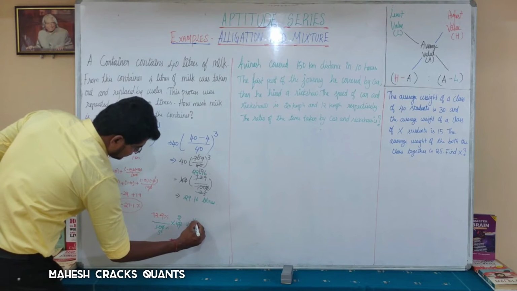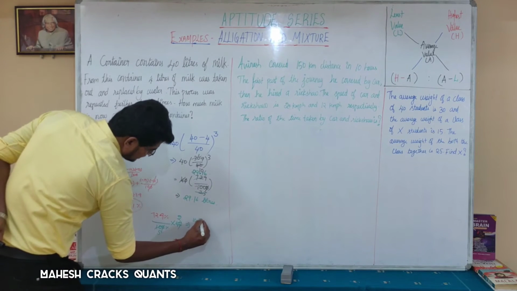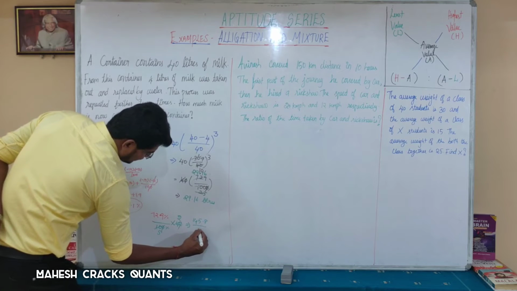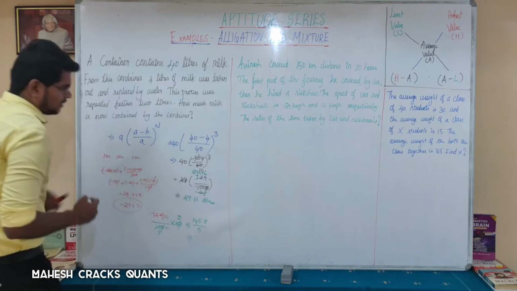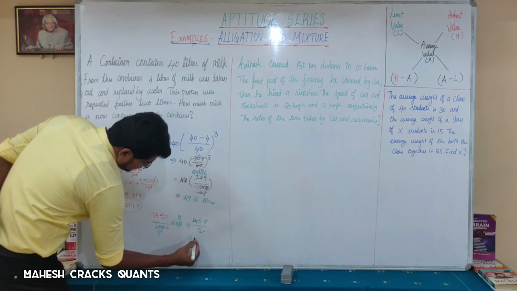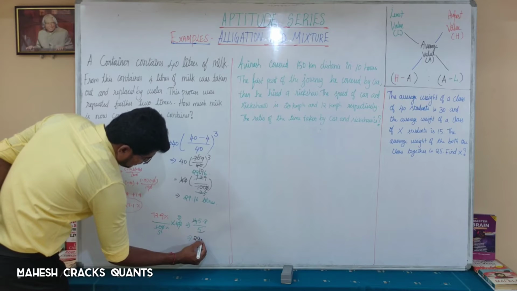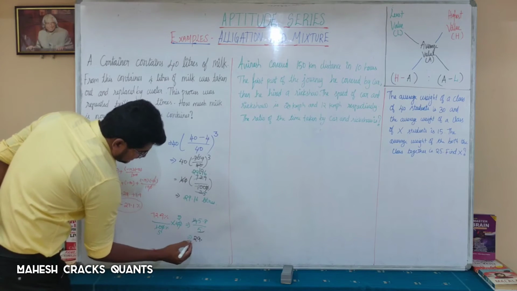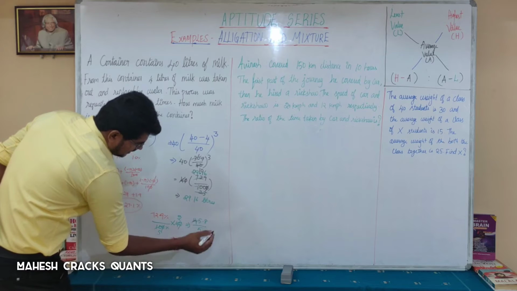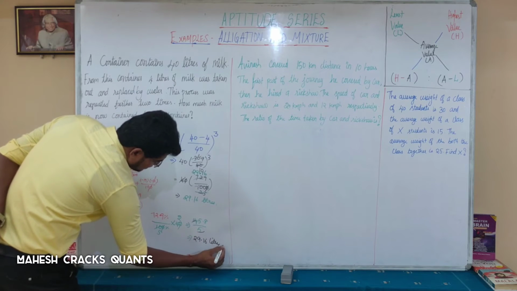145.8 divided by 5. Cancelling this, you will get the answer. So cancel this, what will you get? How many times of 5 is there in 14? 2 times. In 45, 9 times. Point is there. And then in 8, you have 1 time. And then in 30, you have 6 times. So the answer is the same.